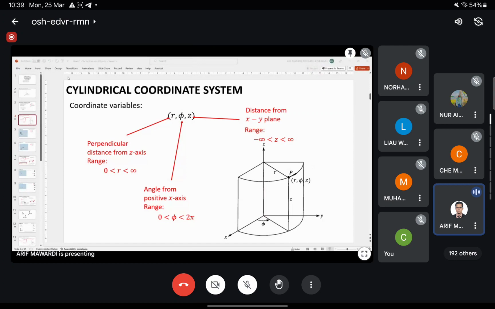So in the cylindrical coordinate system, we also have unit vectors, which are denoted by r hat, phi hat, and z hat. Before that, in general, you need to understand that a unit vector is just a vector that indicates a direction. That is the definition of a unit vector. It just specifies a direction. So for example, here in the cylindrical coordinate system, r hat here indicates